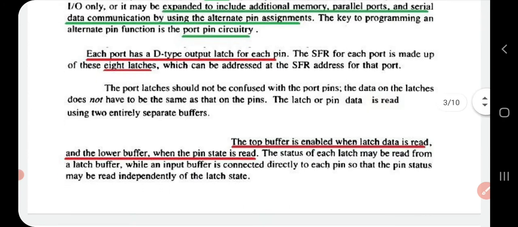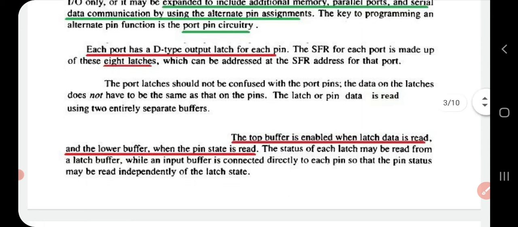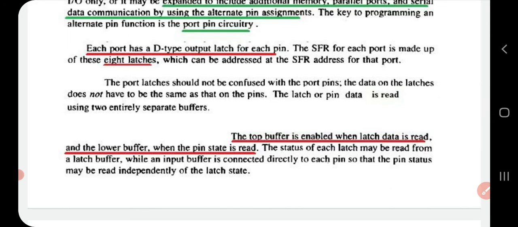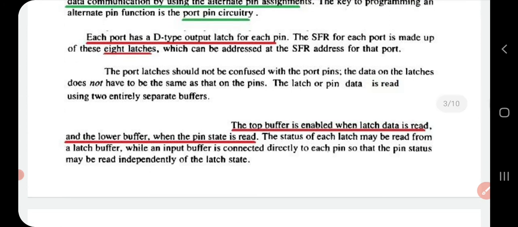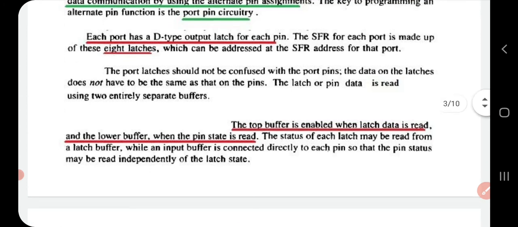Now, there are four ports: port 0, port 1, port 2, and port 3. Each port has a D-type output latch for each pin. The special function register, that is SFR, for each port is made up of 8 latches, and each of these latches can be addressed using the